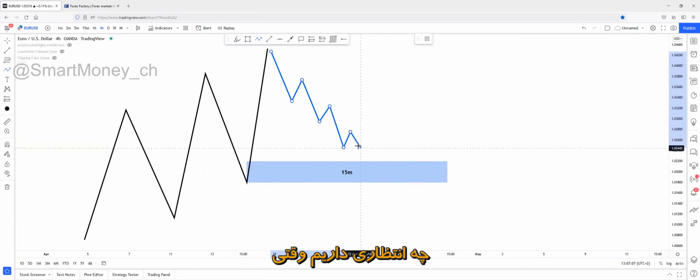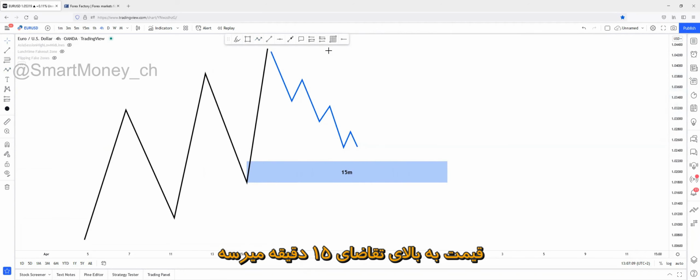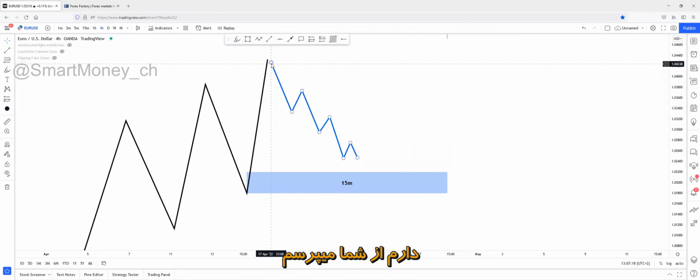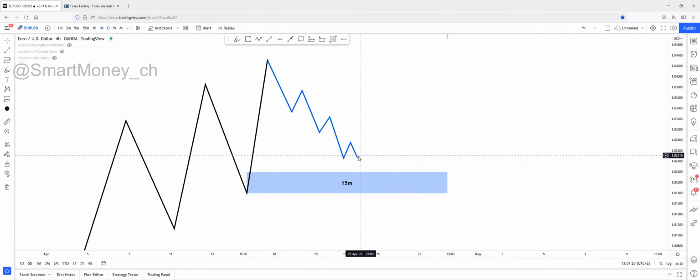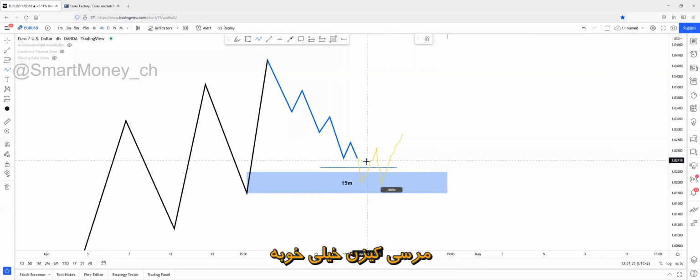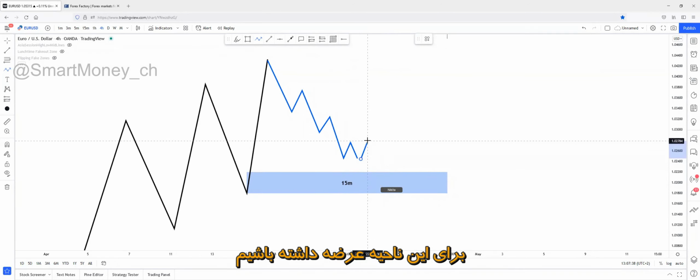What can we expect when price reaches above the 15-minute demand zone and, for example, creates liquidity for this zone? What can we expect right here? I'm asking you: hold or break? What's the topping of the higher time frame? We can expect a liquidity sweep. Thank you, Kaizen, that's perfectly fine. We can expect a liquidity sweeping scenario into this demand zone.